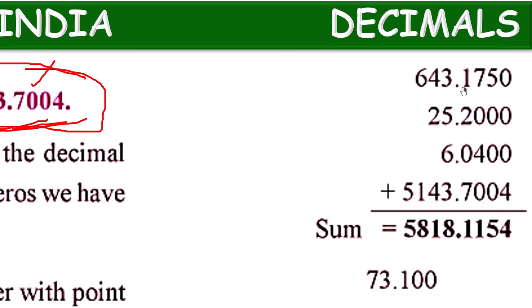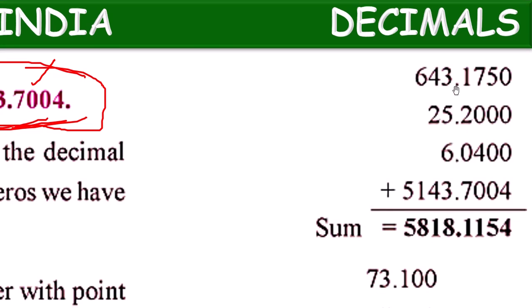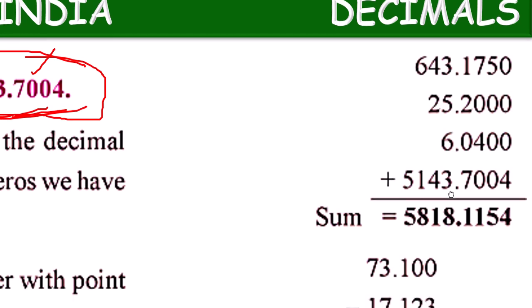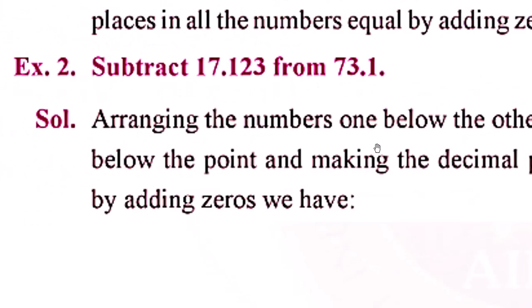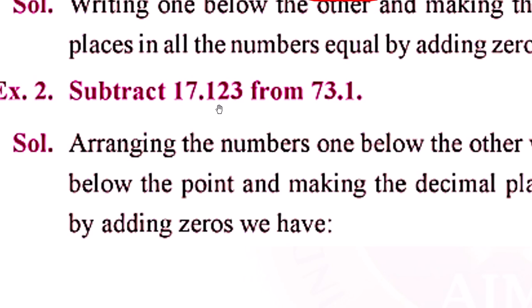Point below point, all points in a vertical line, so that in the result also the point will be in the same vertical line. After 4 decimal places we have the point here, so in the result also we should keep the point after 4 decimal places. Now we can add all, and we will get the answer. Or if we have like this 17.123, 73.1, if you want to subtract them,